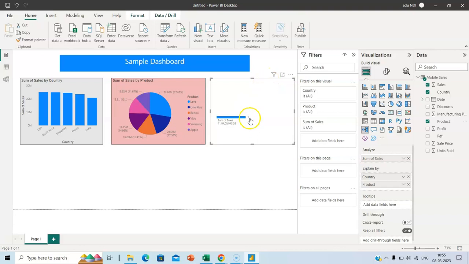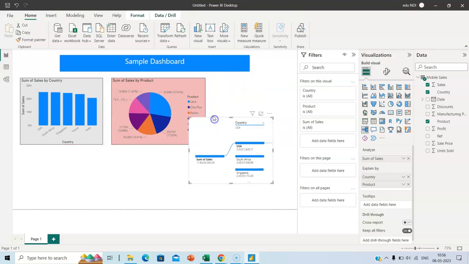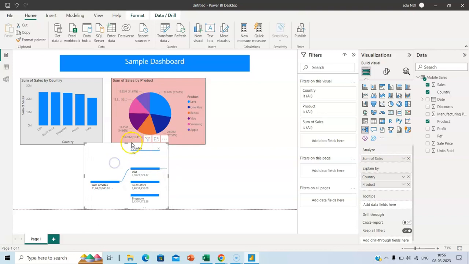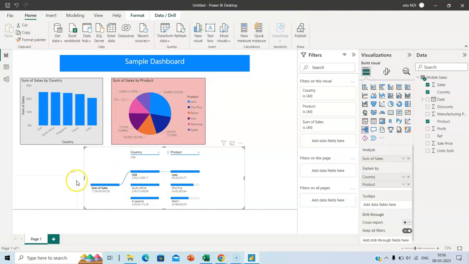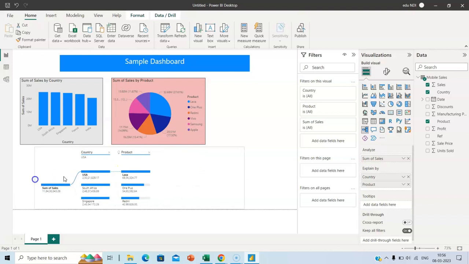okay? So I can click this. I can choose, let's say, country. Just wait, you will see this. Let's see how the USA is faring. Just wait for a minute. This will probably need more area, so I will bring it down, adjust this and make it bigger. Can you see here how beautifully this is shaping up? And I can also add one more level if I really want. Okay,